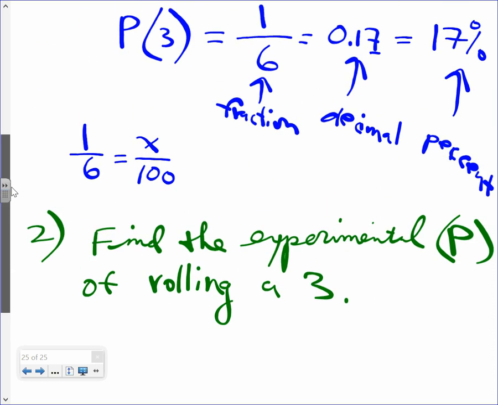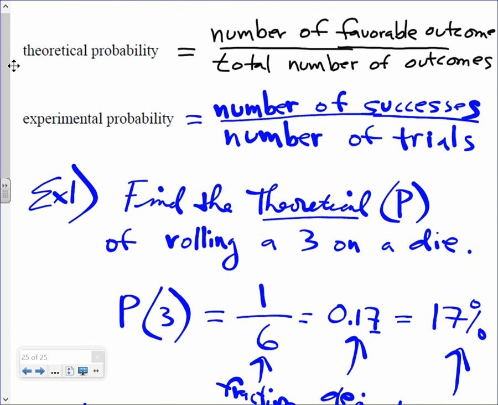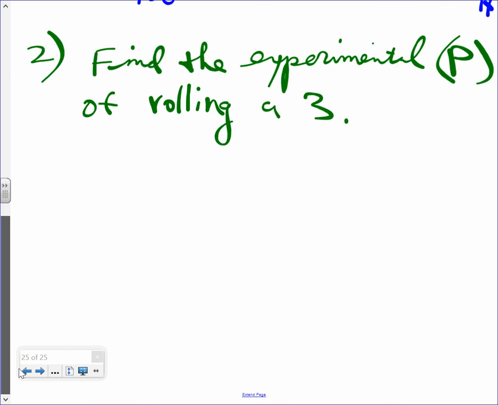Look at the formula right here. Number of successes over number of trials. We did this in the beginning of class today. How many successes did we have as a class rolling a 3 today? That's there. So what we did there was experimental probability. Think of the word experience. You actually did it. You did the experience. Experiment and experience have the same root word. So here we go. P of rolling a 3 experimental is